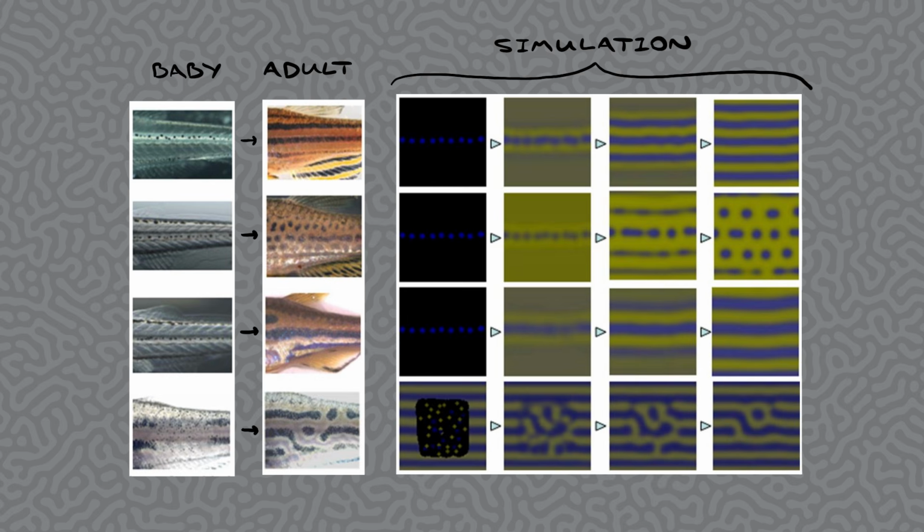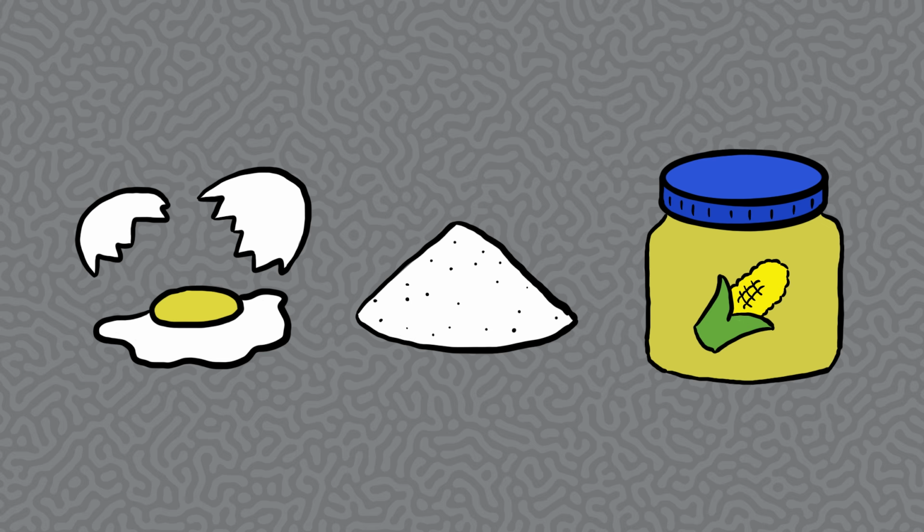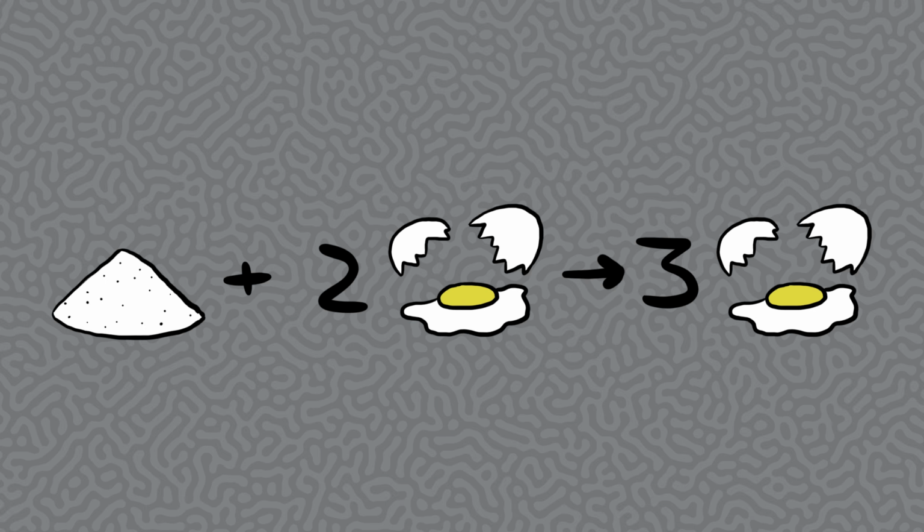We can simulate the pigments, and we get pretty similar patterns. So I guess that's what our plan is for this cake. We identify components of the ingredients that react with each other during baking. Then if we find something that looks like a reaction-diffusion model, we can simulate it, and hopefully it looks like the cake. I'm not a baker, or a food scientist, or even a chemist, so I don't really know how